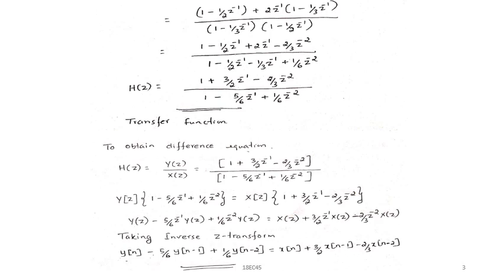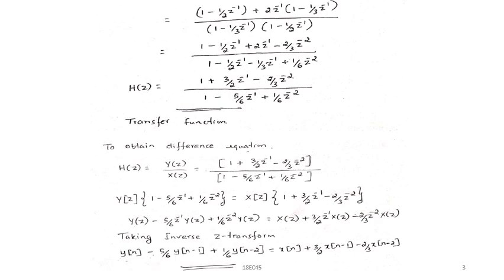So I multiplied Y(z). So Y(z) minus 5/6 z^-1 Y(z) plus 1/6 z^-2 Y(z). On the right-hand side, we get X(z) plus 3/2 z^-1 X(z) minus 2/3 z^-2 X(z). Now, by taking the inverse z transform,